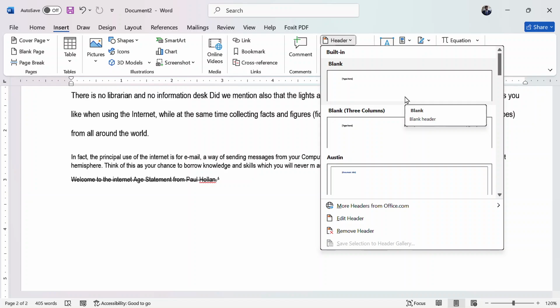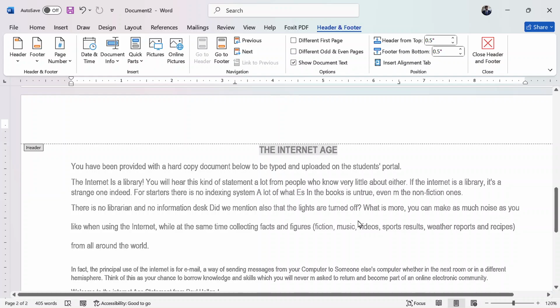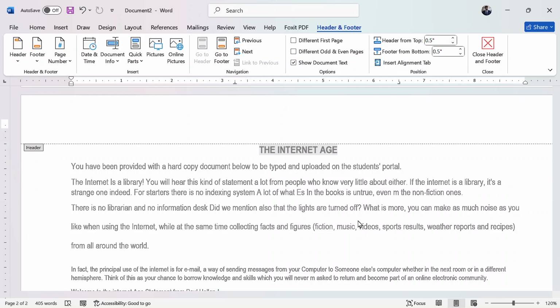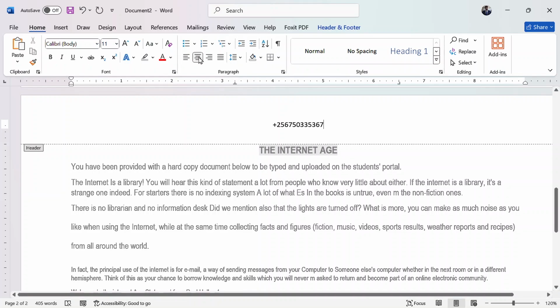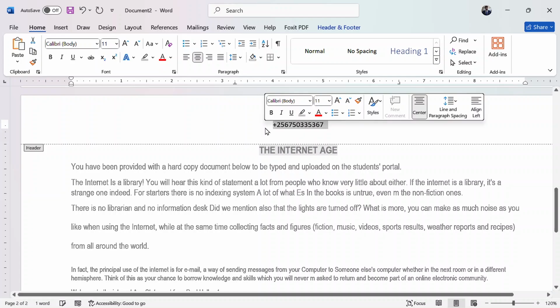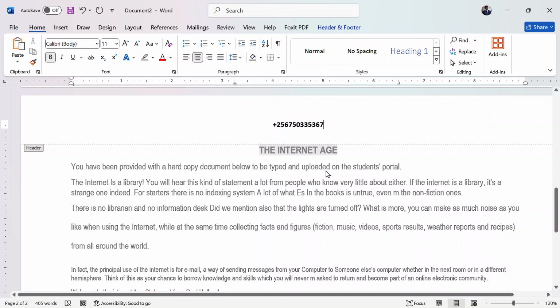Actually, I like choosing edit header. Choose edit header, and it gives me a blank header, free for me to add anything. I'm going to add my phone number. It will be +25675033536. So that is my phone number, and I can actually put it in the center like that, or actually let me leave it in the center.